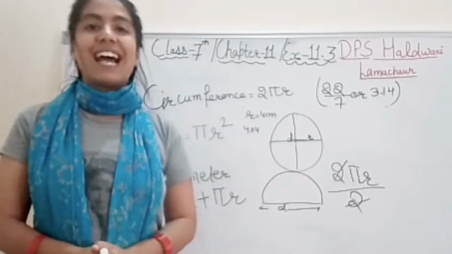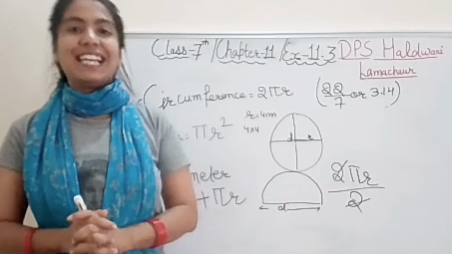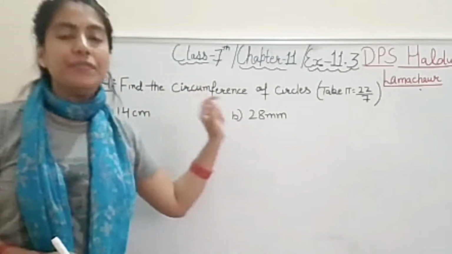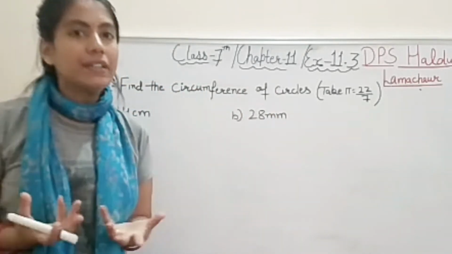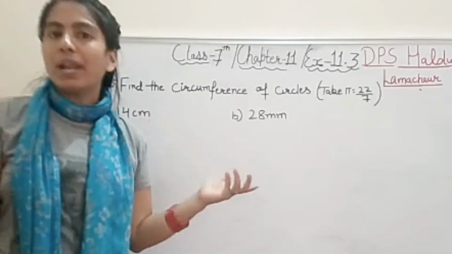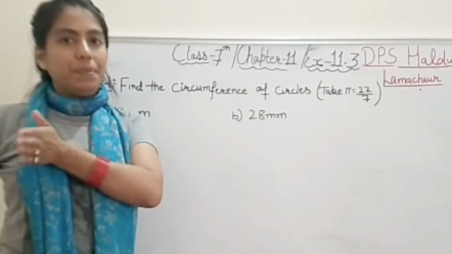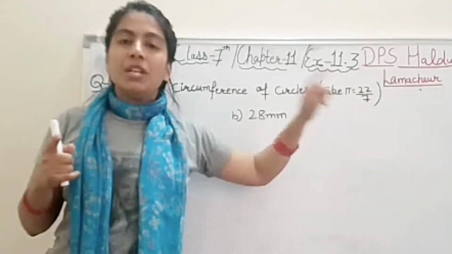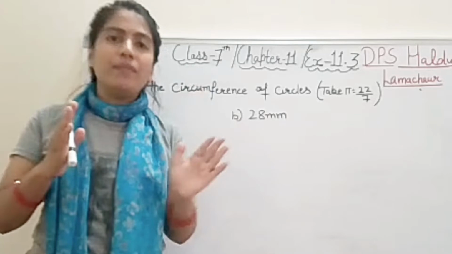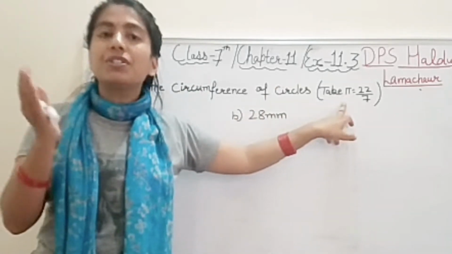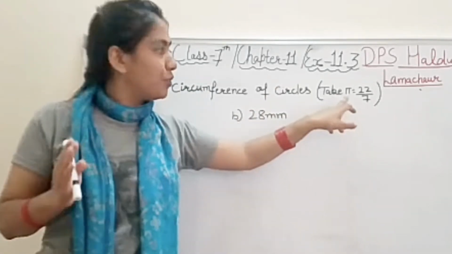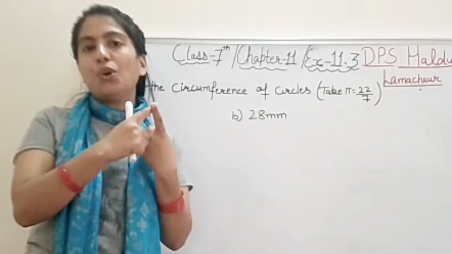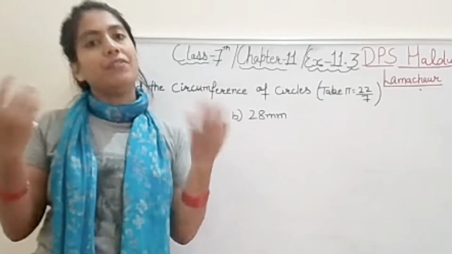Okay, so let's quickly start now our exercise questions 11.3. Question number 1 we have, find the circumference of circle. So for that the formula is 2 pi r. It means pi value is given to you that you will use 22 upon 7. Students, in most of the questions it will be mentioned to you which value you have to put. If it is not mentioned, then among these two values 22 upon 7 and 3.14, any value you can choose,